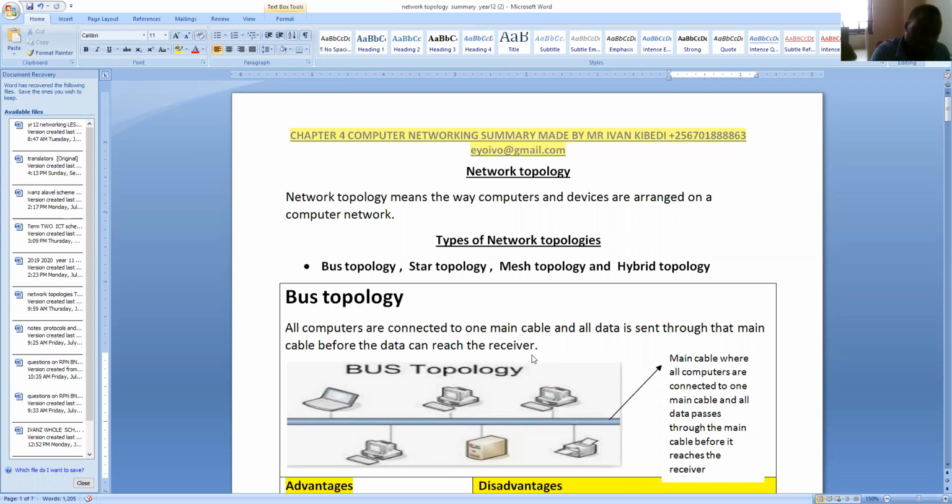Yes. Okay. So we're looking at network topology. Network topology means the way computers and devices are arranged on a computer network. Arranged or organized. You can say arranged or organized. You may have a fixed number of computers, but you can arrange them differently on a computer network. The way you connect them